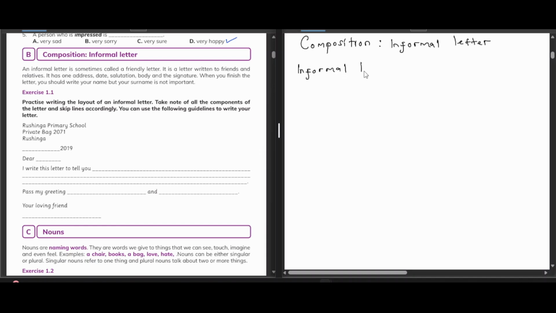When we say informal letter, that is what we also refer to as what? A friendly letter. It's not a business letter. You are going to learn about the business letter sometime soon. It is a letter written to friends and relatives. So an informal letter